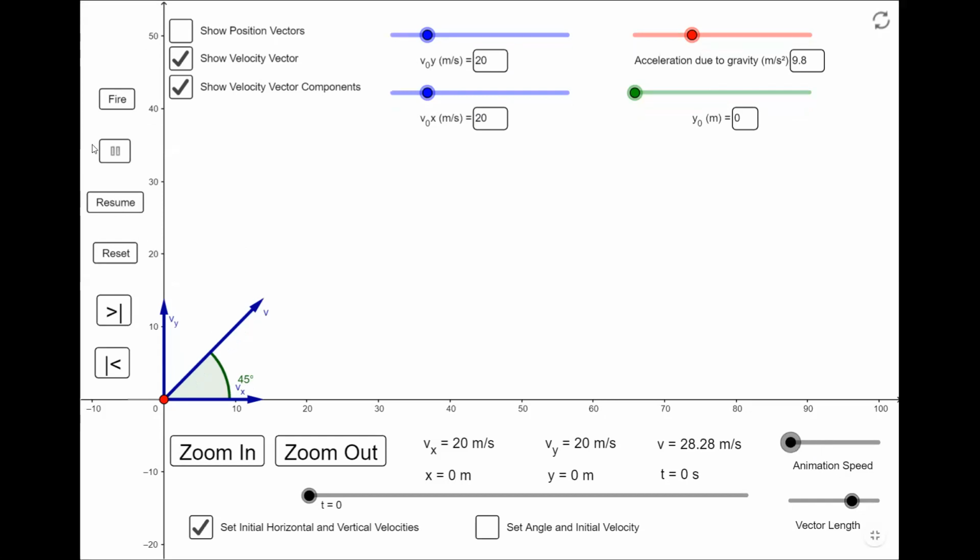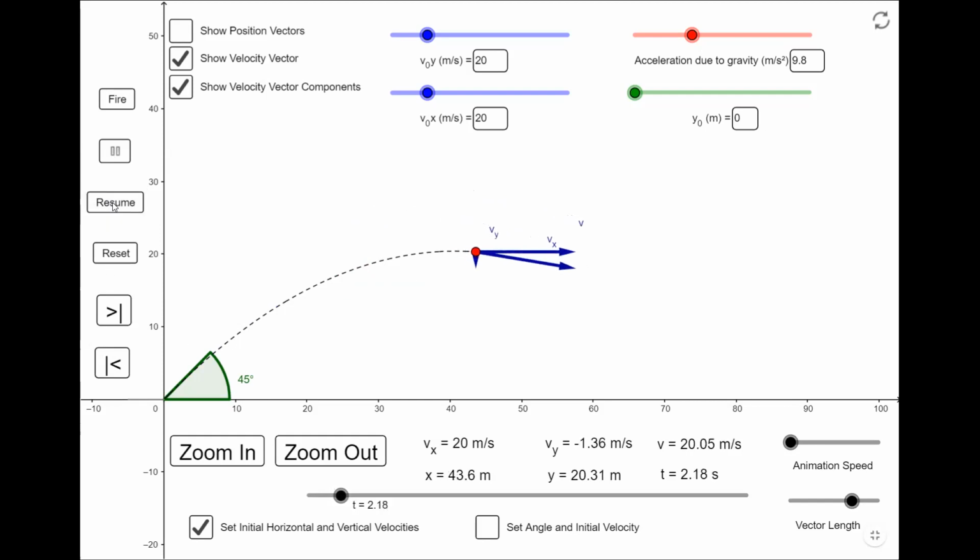See, the component of velocity in the x direction remains constant, but the component in the y direction is gradually decreasing. The length of the arrow is decreasing. When the ball reaches the maximum height, you can see there is no y component of velocity, only an x component. So at maximum height, the y component of velocity will be almost 0, and the ball will be just moving in the x direction. Now let's move it forward.